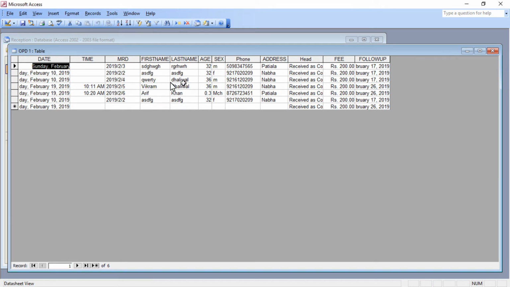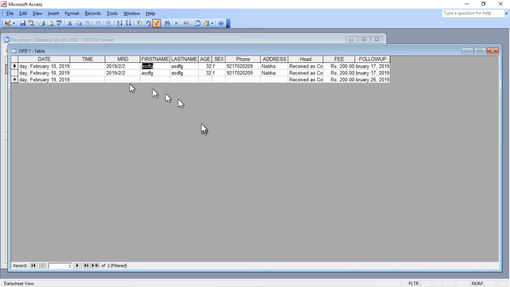Now, how do I see whether a patient is coming to me for the first time or second time? Is it a repeat visit or is he here for the first time? You just select the first name of the patient and filter it. You will get the number of visits in the entire year for that same patient. You can do it with the MRD number, you can do it with the first name or the last name